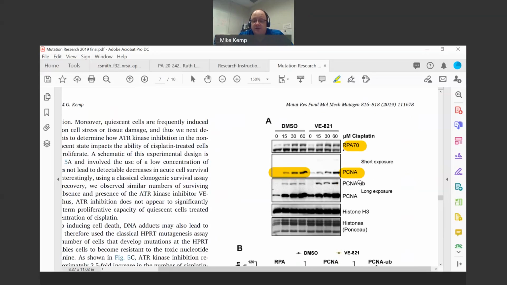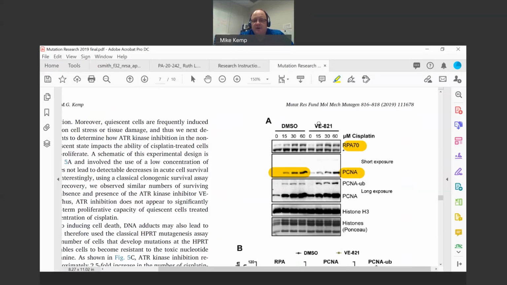And one of the things this does, in the case of PCNA, is it serves as a signal to recruit specialized DNA polymerases. So most DNA polymerases may have trouble replicating damaged DNA. However, there is another family of DNA polymerases known as TLS, or translesion synthesis, DNA polymerases that are, depending on the polymerase, able to replicate across certain types of bulky DNA adducts in either an error-free or error-prone manner.